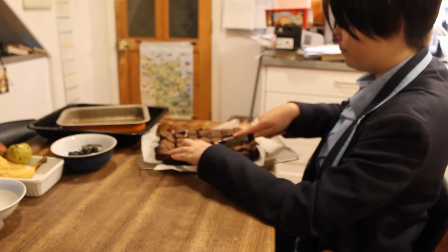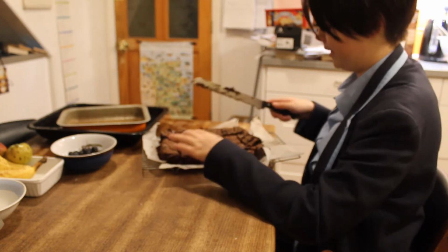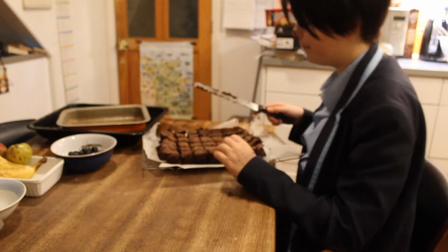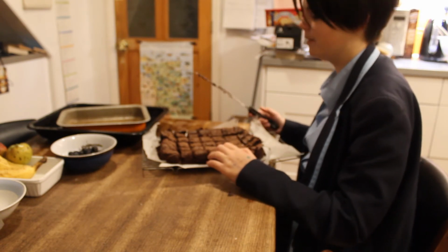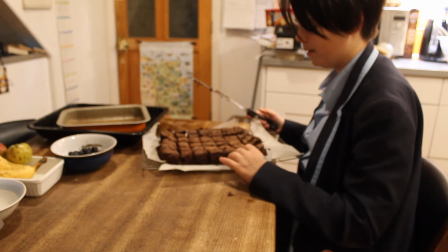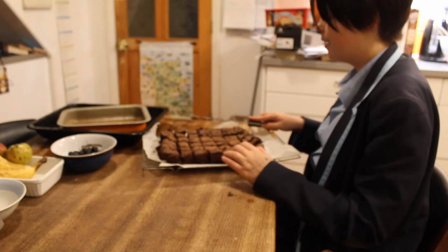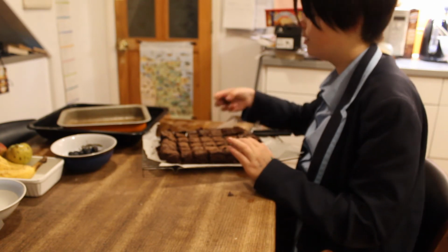These are cut quite small, but you can basically cut them any size you want, like it won't make a difference. And they might fall apart a little bit if you cut them too small, so try not to, because obviously you want them to be whole and intact. And you know, bits fall off, you can just